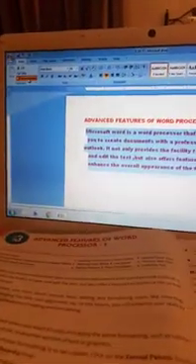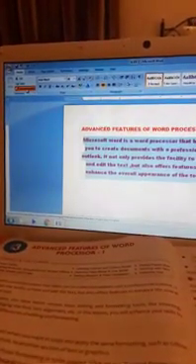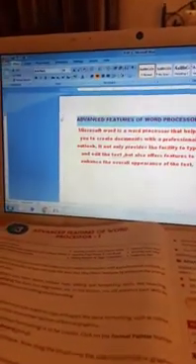Children, the Format Painter is a toggle button. Now what is a toggle button? It means that it is a type of a button that allows the user to change a setting between two states. For example, when I will select this Format Painter, it is slightly embedded inside. That means it is selected. Then if I want to deselect it, I will just click it again and it will get deselected. Hope that Format Painter feature is clear to you.